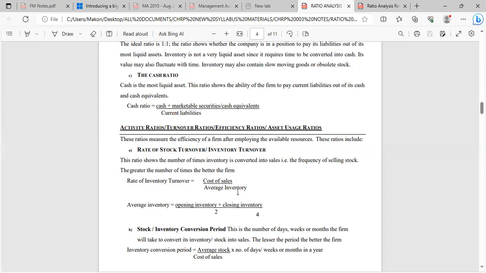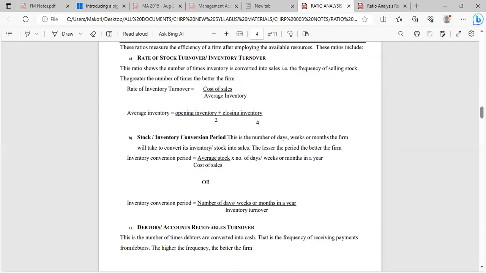Then you do the average inventory. You add the opening inventory plus the closing inventory, and you divide by 2. You get the average inventory. For the stock conversion period, you do the reciprocal of this. Instead of cost of sales over average inventory, now do average inventory divided by cost of sales. But because you are talking about a period, you multiply by the number of days or months the business is operating